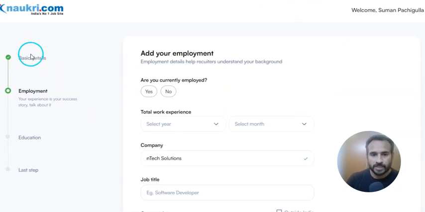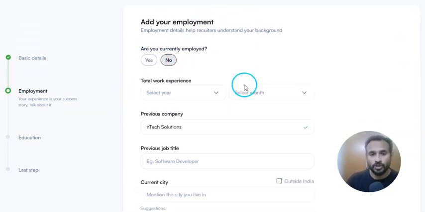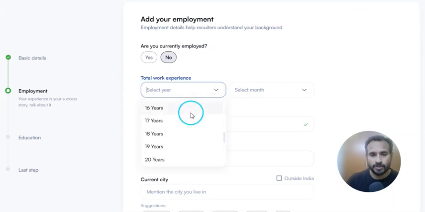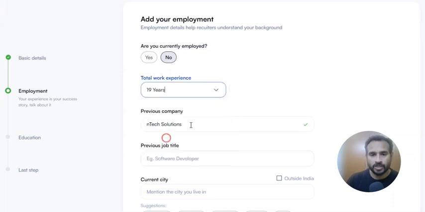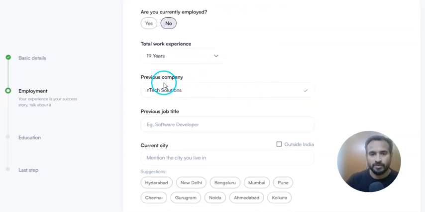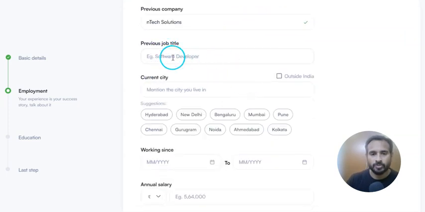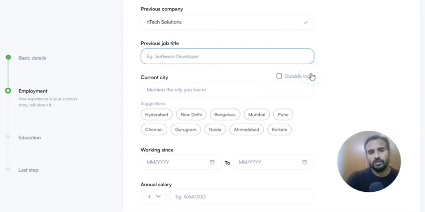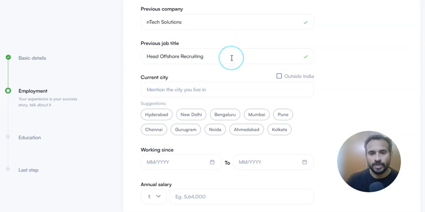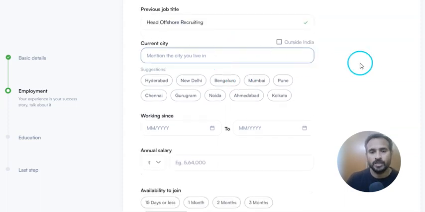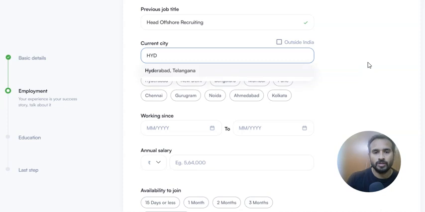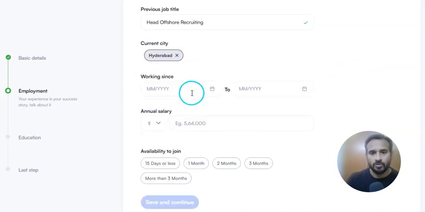So what is that? It's basic details we have done. Then it comes to employment. Add your employment. Are you currently employed? Are you currently working? Yes. If no, no. Total work experience, I would say 19 years. Okay. Previous company, Entech. Previous job title, head offshore recruiting. Okay. It is going to pick it up, anything. Current city, Hyderabad, Telangana. Okay. Working since